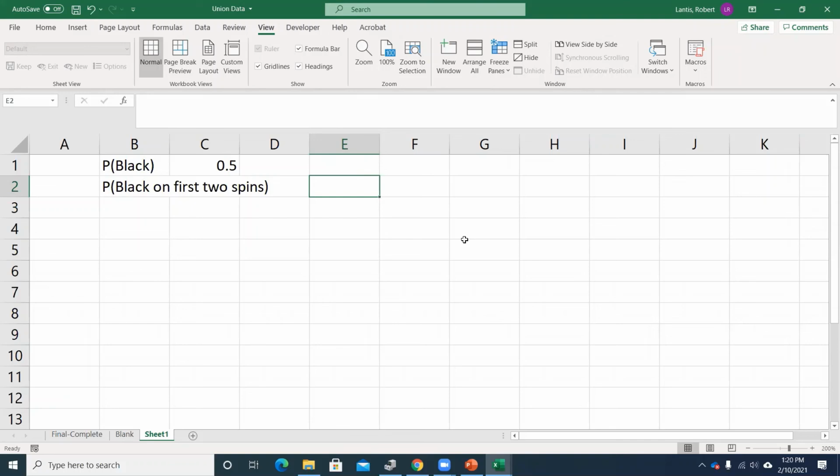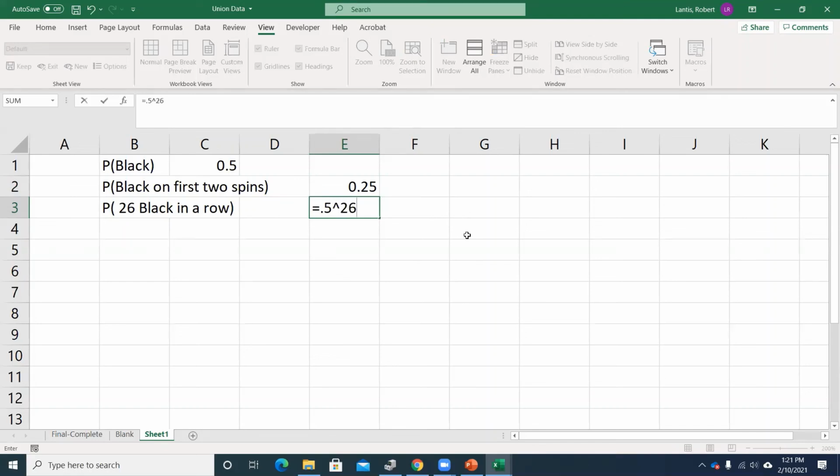Well, if they're independent events, we said the intersection of those 2 things should just be the probability of A times the probability of B. So the probability it comes up black on the first spin and on the second should just be 0.5 times 0.5. And what about the first 3 spins? 0.5 times 0.5 times 0.5. 4 spins, and so on and so forth. What's the probability that they saw 26 come up black in a row, which is what actually ended up happening? Well, it's basically 0.5 times 0.5, 26 times,